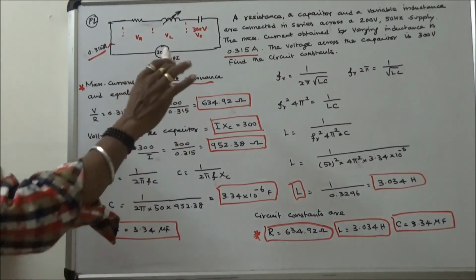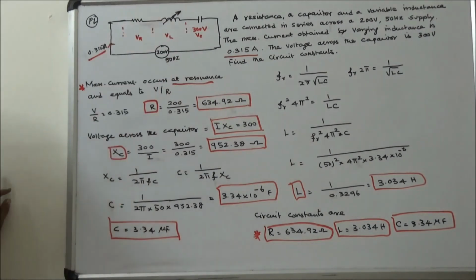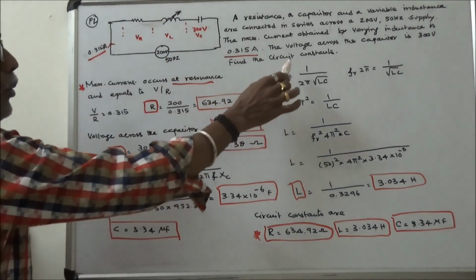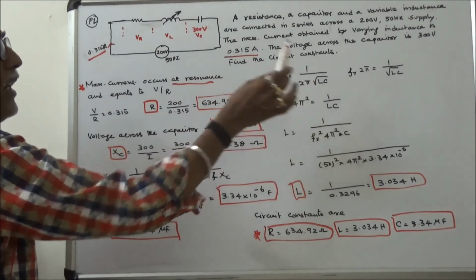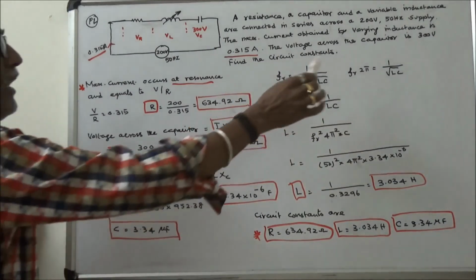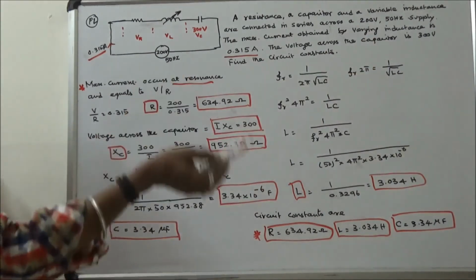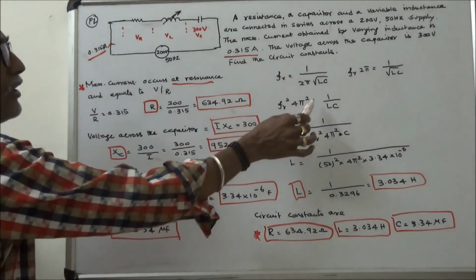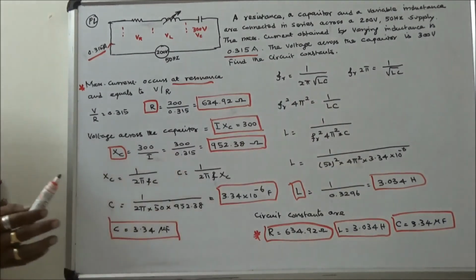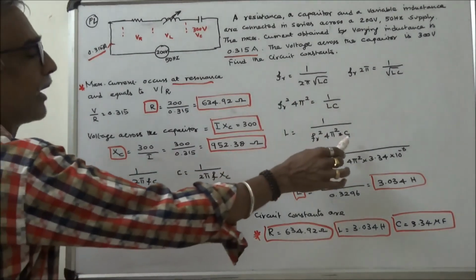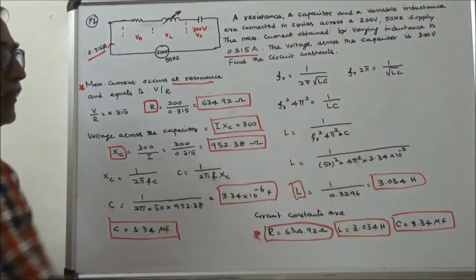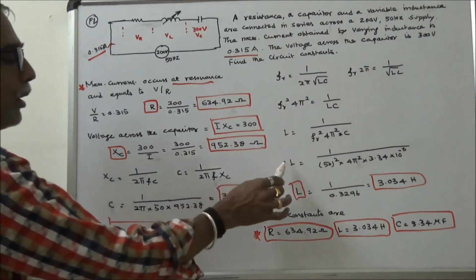The last is to calculate L, the inductance. You know that the resonant frequency is equal to 1 by 2 pi into root L into C. I rewrite the equation: Fr into 2 pi is equal to 1 by root LC. I square both sides: Fr square into 4 pi square is equal to 1 by LC. Now I can calculate L. I know the capacitor value, I know the resonant frequency. So L is equal to